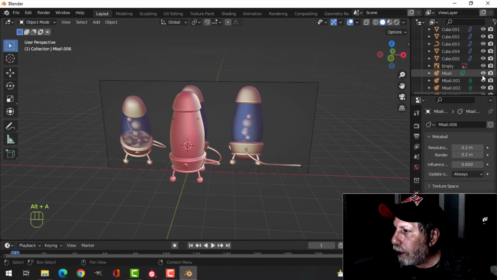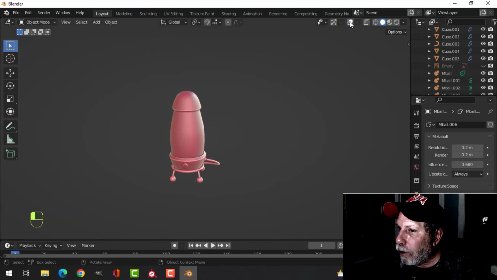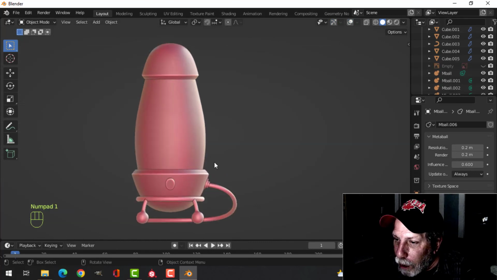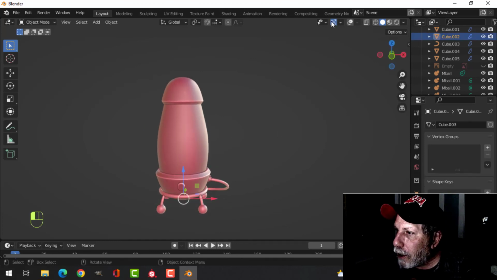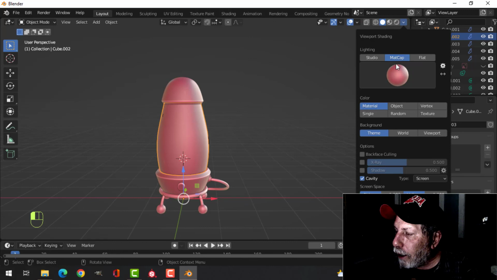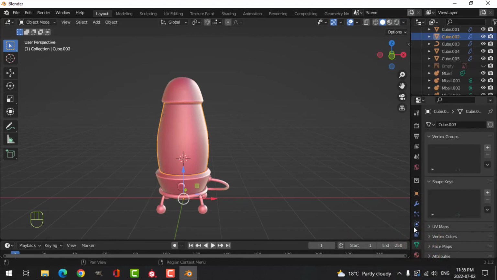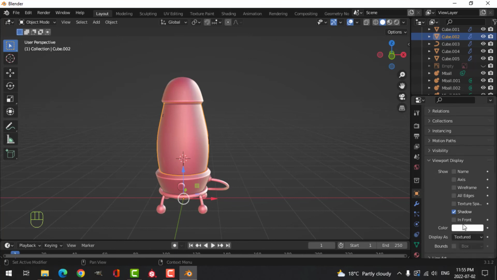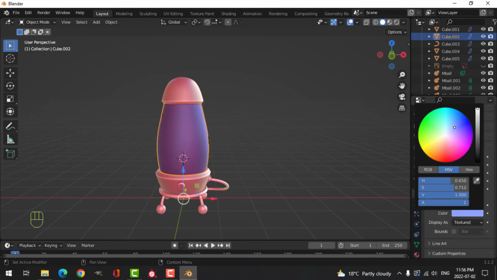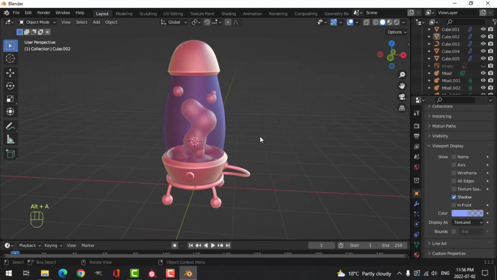We can just hide the empty anyhow. And if I go there, you can see I've got my lava lamp. I can't see through it, so what I can do is select here, and we'll come over to Object, and hit the square there, viewport display, color, I'm going to choose sort of a bluish color, and just drag the alpha down as far as you want, and you can see through it,